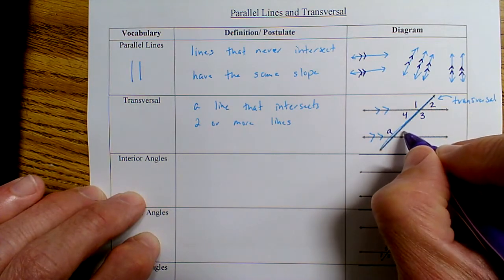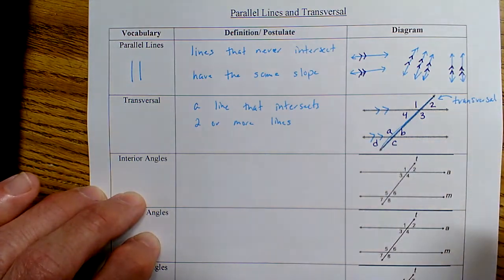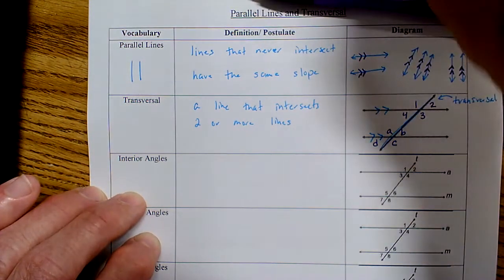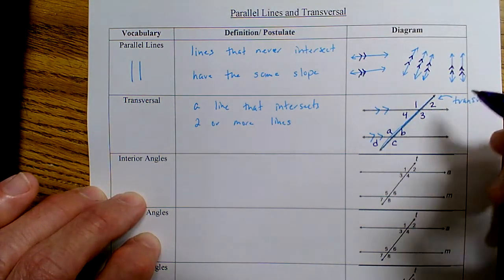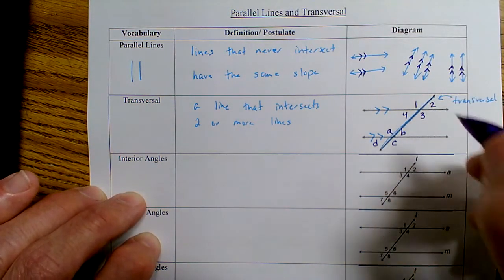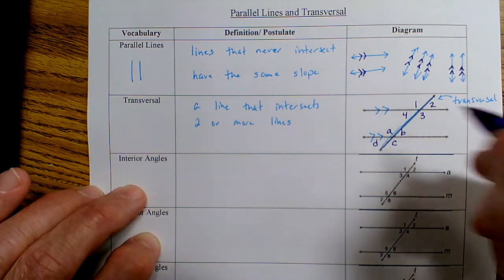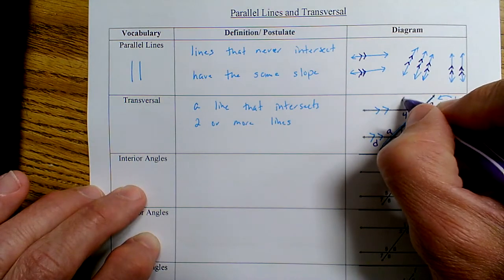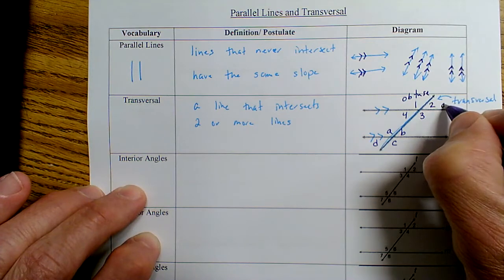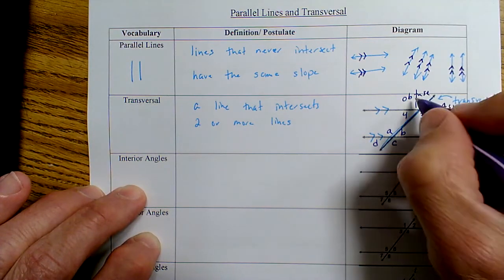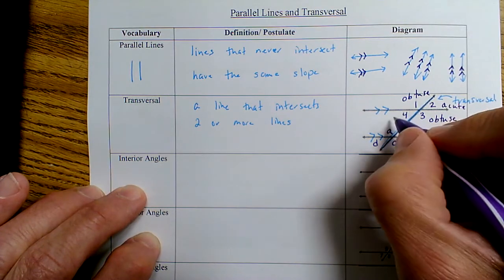I'm going to go angle A and angle B and angle C and angle D. Also, what I want you to observe is that when the transversal goes through, the angles that are created are either obtuse or acute. So I would say angle 1 is obtuse, angle 2 is acute, angle 3 is obtuse, angle 4 is acute,